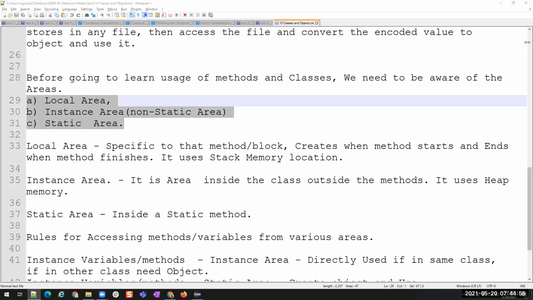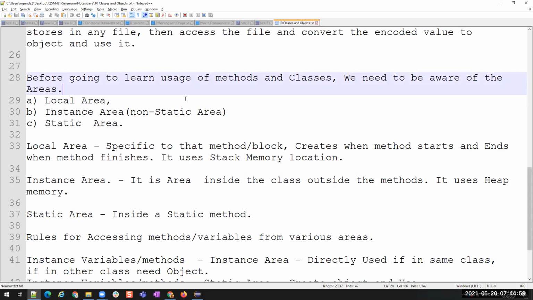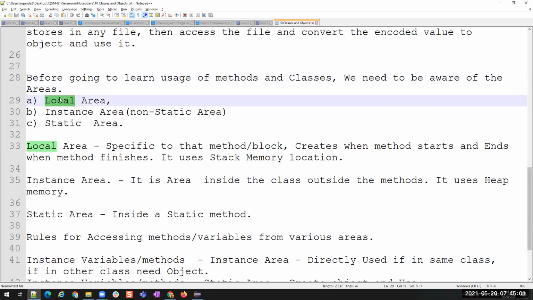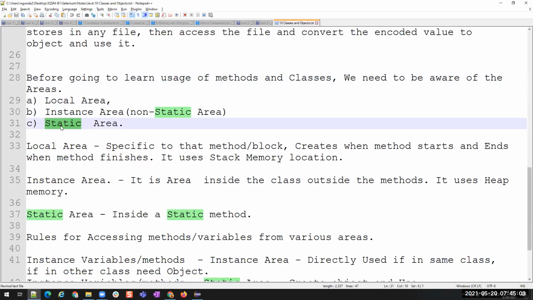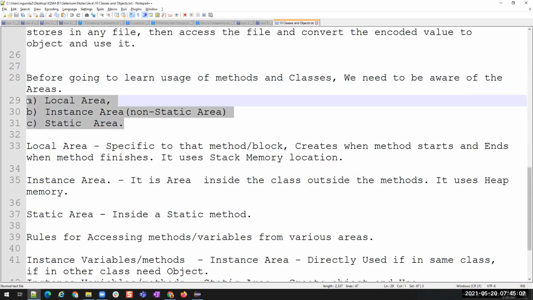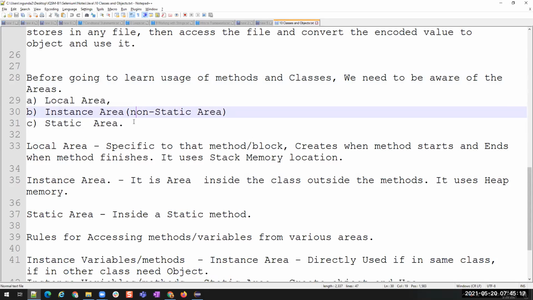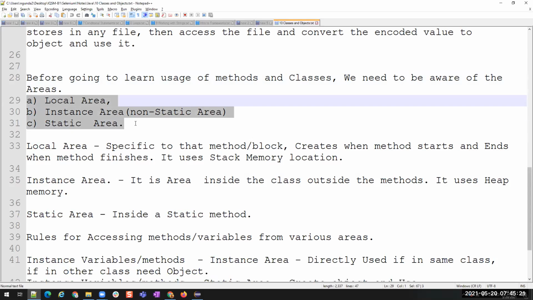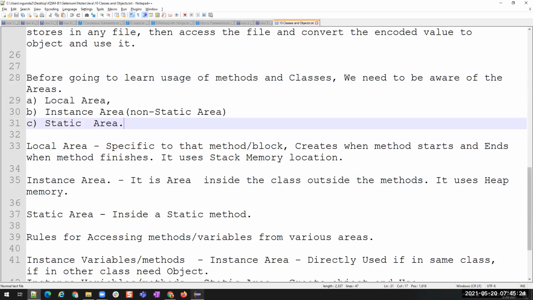Clear, guys? So similarly, here in a class also we have different areas, which are the local area, instance area, and static area. Based on the area where the member is present, we will be accessing that member in a different way. So let us see what this local area, instance area, and static area are. Okay, so local area, for example,